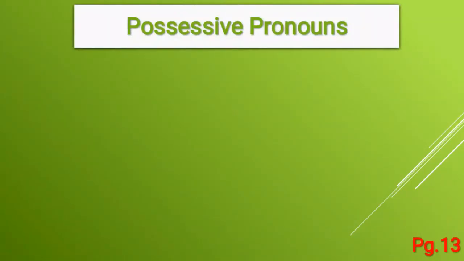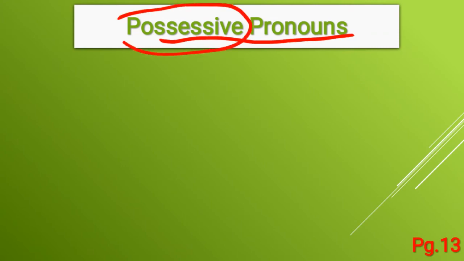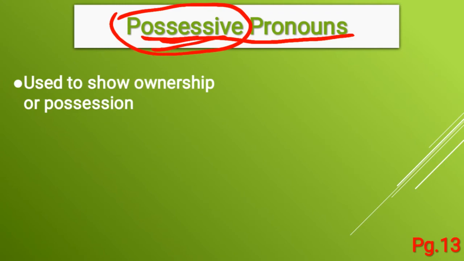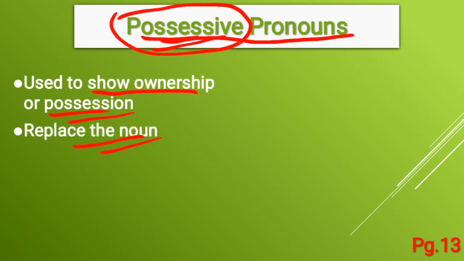That's fine. Let's move on to the second type, that is possessive pronoun. So the first one was personal pronoun, the second one is possessive pronouns. From the name you know that possessive is owning something. I am the owner of that. That is possessive, isn't it? So children, these possessive pronouns are used to show ownership or possession. These also replace the noun. The same thing. No changes in the sentences.